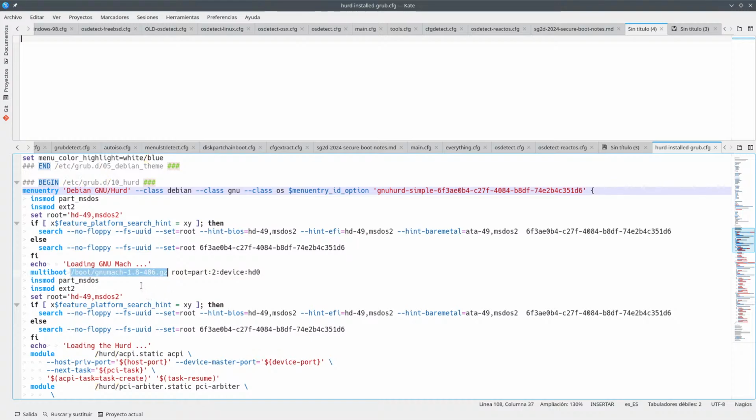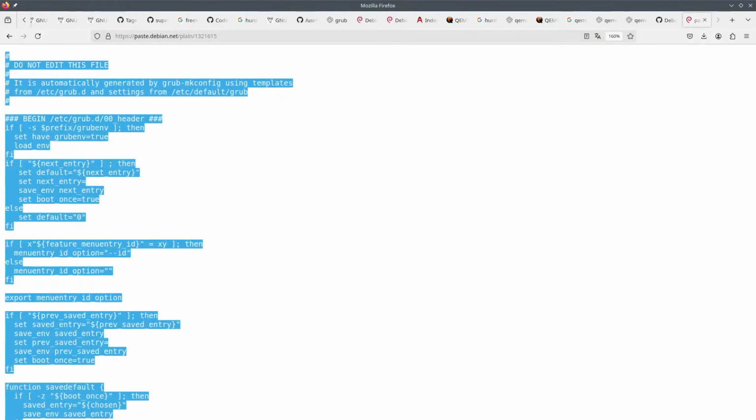So we need to do a for loop on the different new max found files. Then you multiboot this. I don't know why you do the insmod again here, unless there's this thing that I had read about multiboot comment that said,